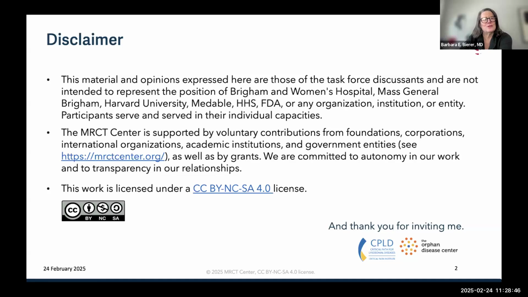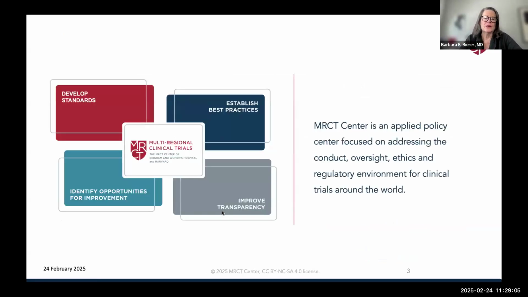What I thought I'd do, Krista gave a really wonderful understanding of what the uses for data sharing would be and why it is so essential that people consider data sharing. What I'd like to do is sort of bring us back before we go forward to think through why data sharing, and what are the risks and benefits of data sharing. And of course, that very much depends on what data you're about to share.